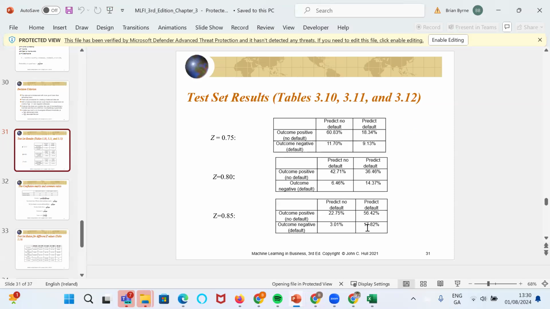But if we correctly predict defaults, a lot of the time we're going to refuse mortgages because the model is just too onerous. So there is an issue here. At what level do we pitch this? And the trade-off